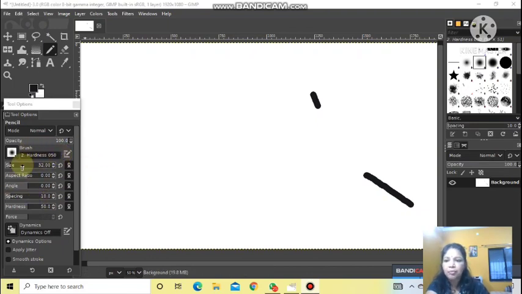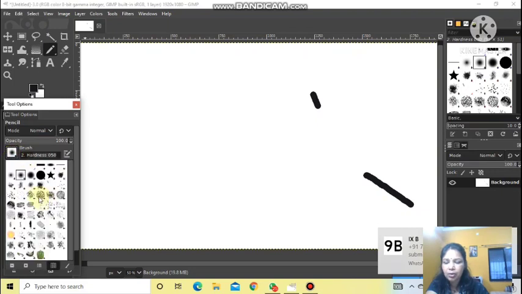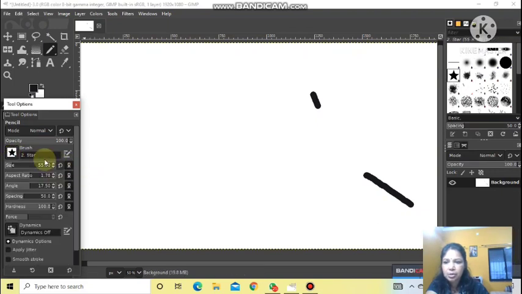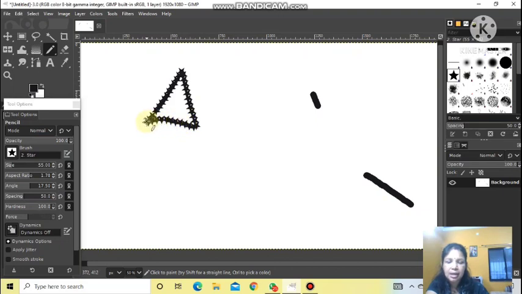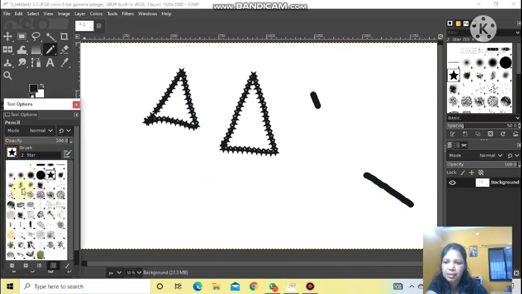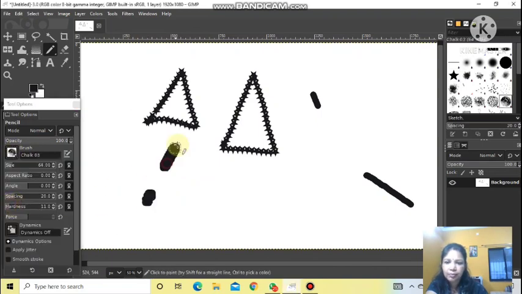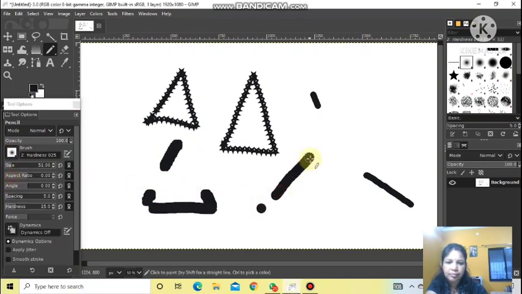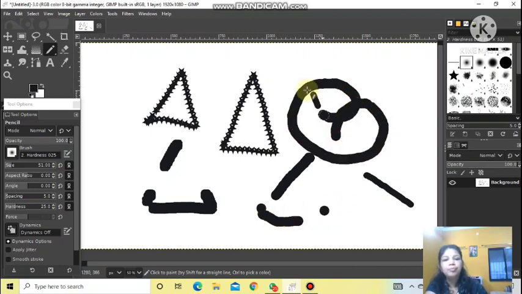Give some time, practice all these changes and see what happens after changing the different options here. So we have made the change, like I have reduced the size, and if you want the brush size decreased, hardness and all, you can change this also. So many options are there, like I want this one. Now start drawing. Can you see? I had chosen that style as star, so it's coming like that. If I choose something else, it will appear that way. Okay, so this is your pencil tool.